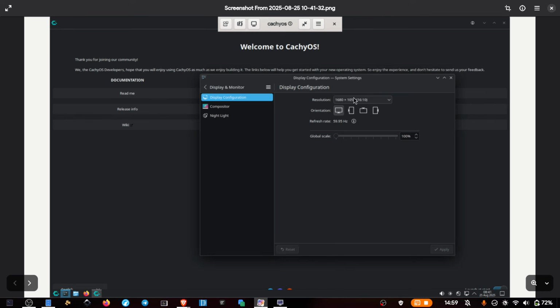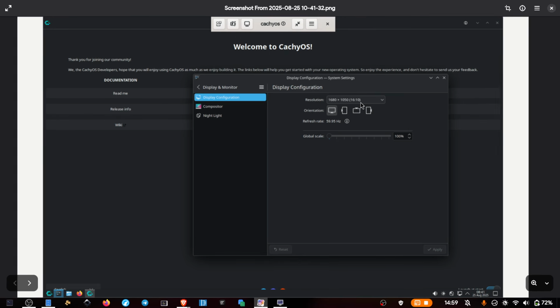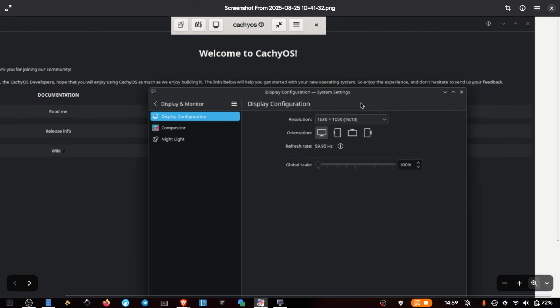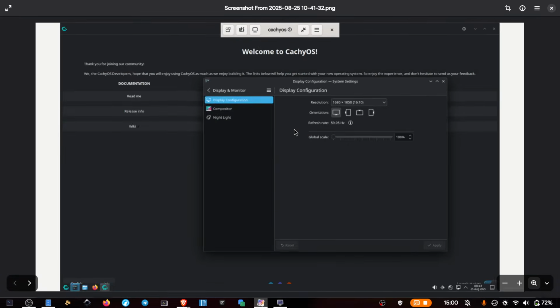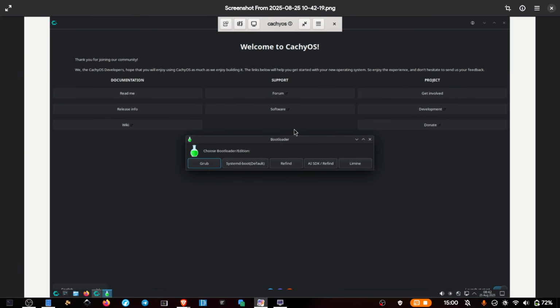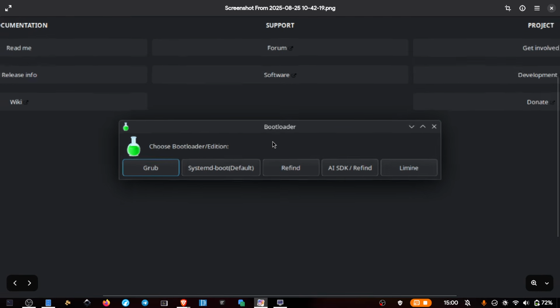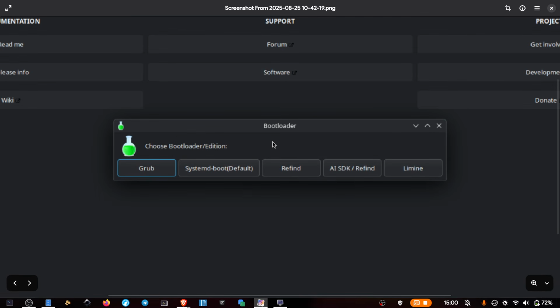You just have to adjust the resolution because otherwise it is very small. And then it's the live OS, and this is the second window that you get from the installer, and you can